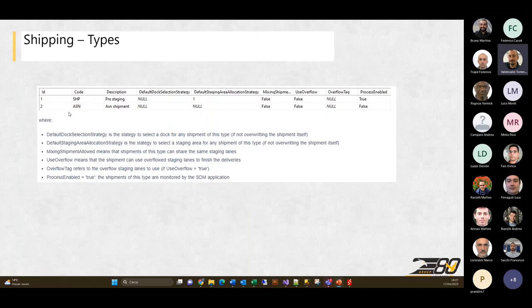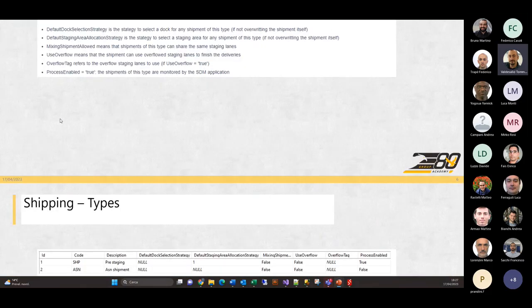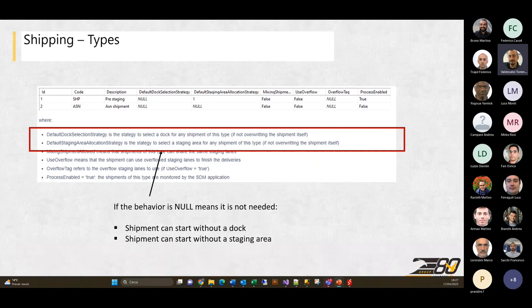And of course, if you want, you can add more types to this table to define the strategy. Another important thing to highlight is that when this kind of parameter, the behavior, is null, it means